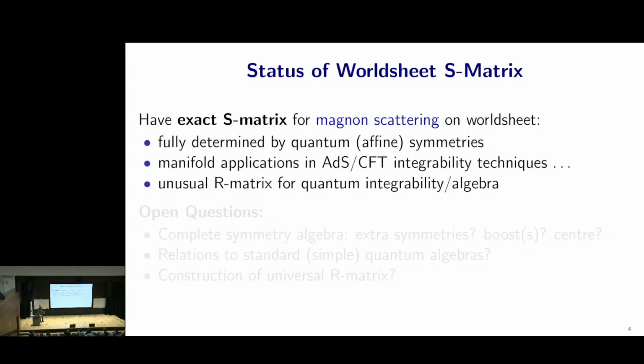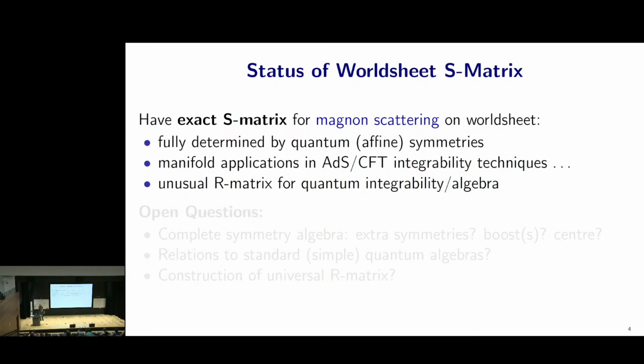In fact, as usual in integrable systems, you can construct an S matrix fully through the extended quantum symmetries or classical quantum symmetries. And of course, we know that this S matrix or R matrix has found multiple applications in AdS/CFT integrable systems,